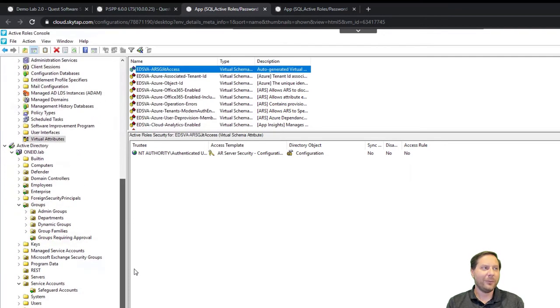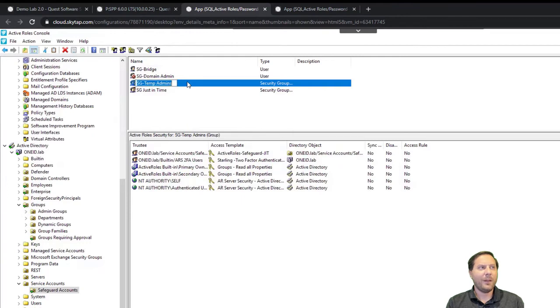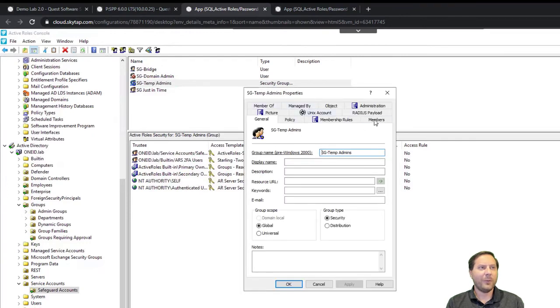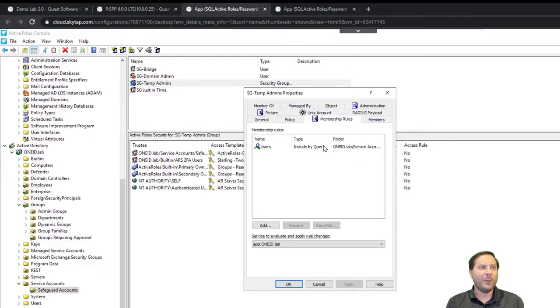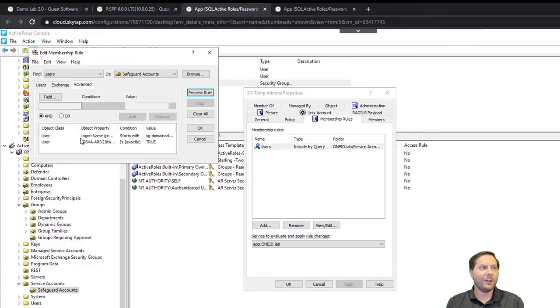Why do we need a virtual attribute? It seems kind of weird. Let me explain to you why. If we go back over here and we go to the accounts, you'll see I have this dynamic group. And again, we talked about this a second ago, but now you're going to see why. If I go to the membership rules of this dynamic group, it basically has two things. Number one, I'm looking for a particular username, and if I have multiples, then I say starts with this.